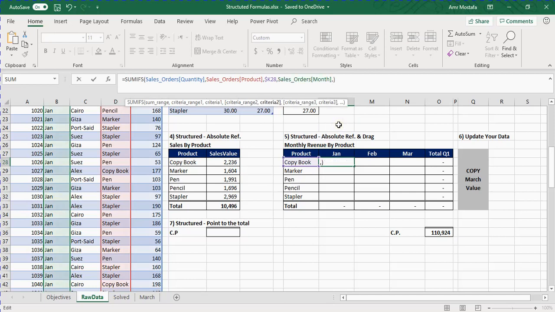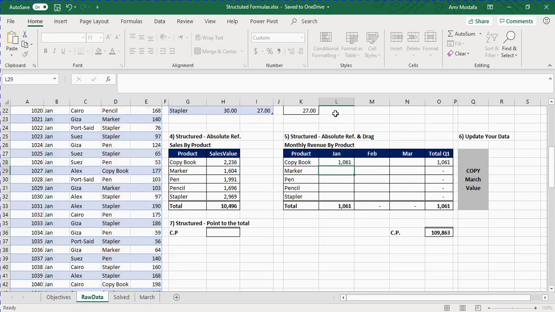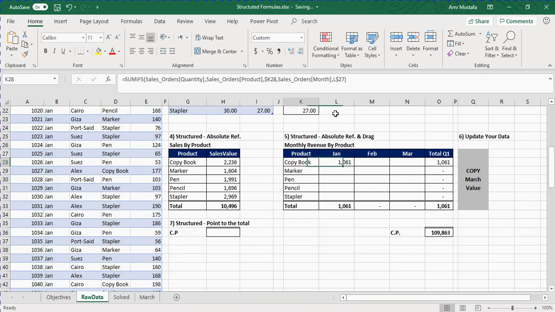Now we need to put the criteria reference. So I'm going to select here, and because I'm copying down later, I need to make sure that 27 is absolute reference. I'm going to write $ before here. If I click enter now, I have the quantity sold for copybooks in January. So next I want to find the correct price and multiply, and to